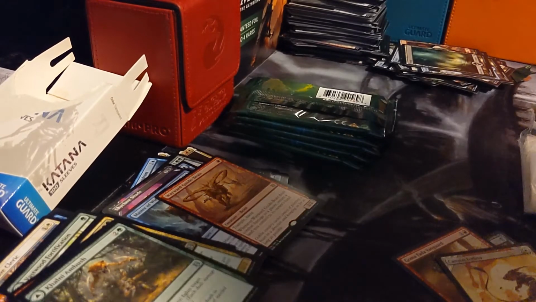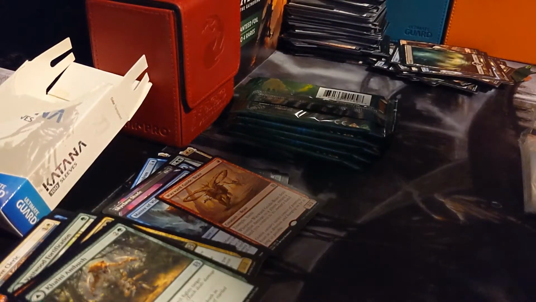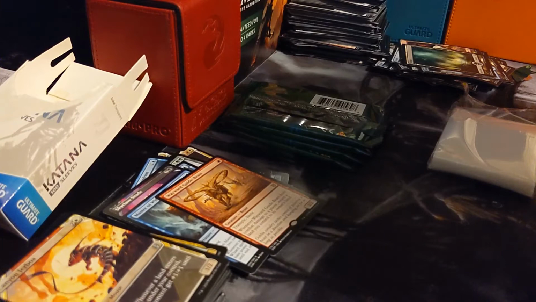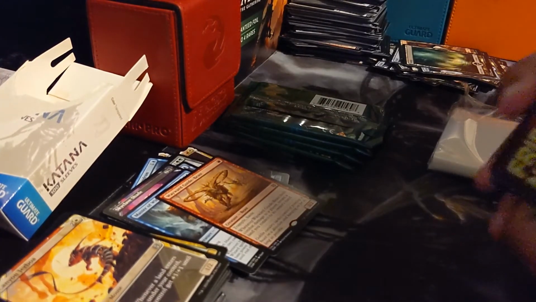I think that it should just be X and converted mana cost X, or just return that many cards, like the X cost of cards from the graveyard to the battlefield. That's already super powerful. Just make it more powerful. I mean, you only ban Uro. You clearly don't give a shit. So,